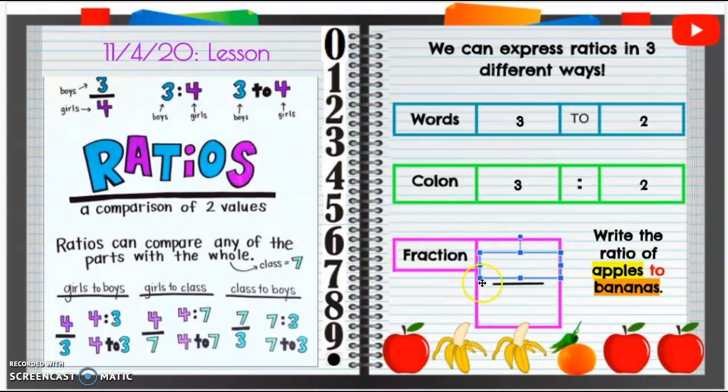Same thing with fraction, you guys. It's just with a fraction bar. So we have 3 apples to 2 bananas. That's it. That's literally